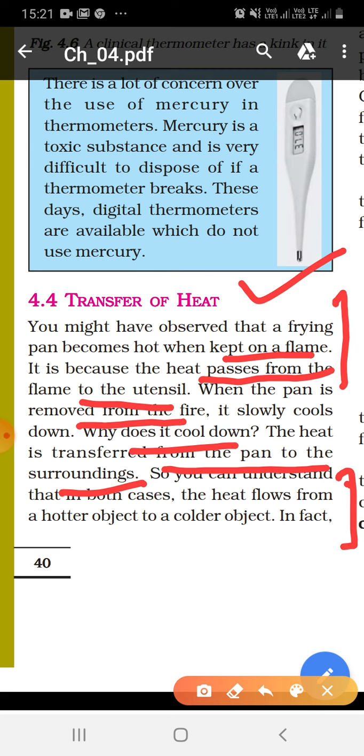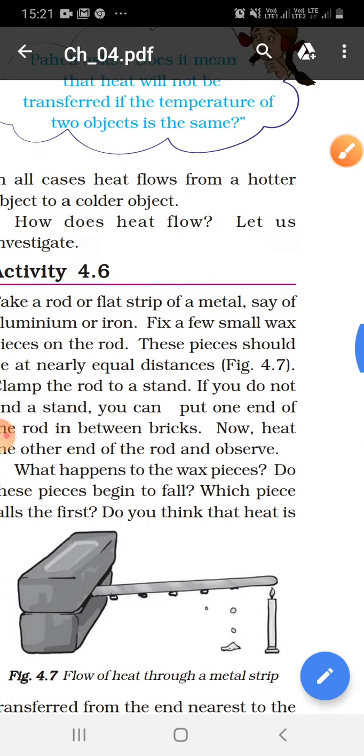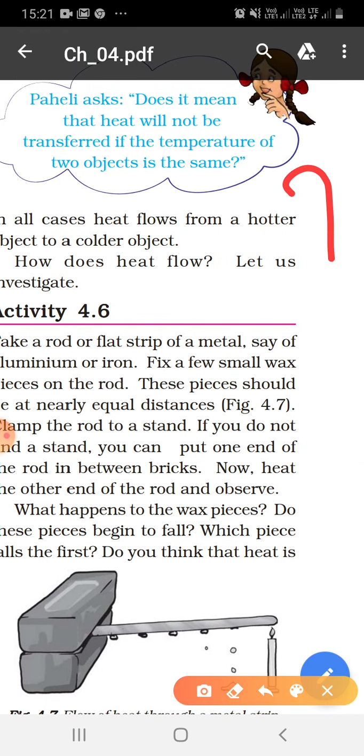In both cases, what do you observe? Heat flows from a higher temperature body to a lower temperature body. So in fact, in all cases, heat always flows from a hotter object to a colder object. For heat transfer from one place to another place, or from one part of a body to another part, there are different